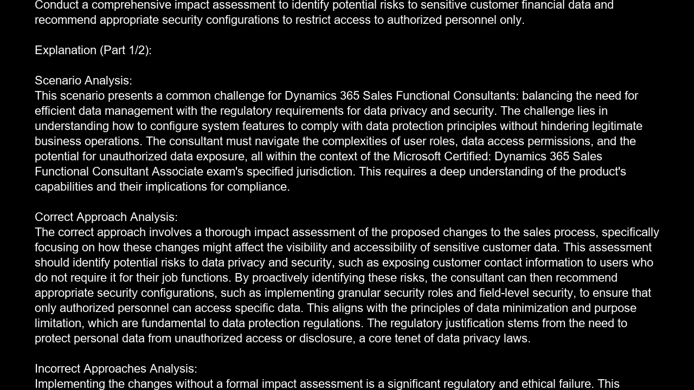Explanation. Scenario analysis. This scenario presents a common challenge for Dynamics 365 Sales functional consultants, balancing the need for efficient data management with the regulatory requirements for data privacy and security. The challenge lies in understanding how to configure system features to comply with data protection principles without hindering legitimate business